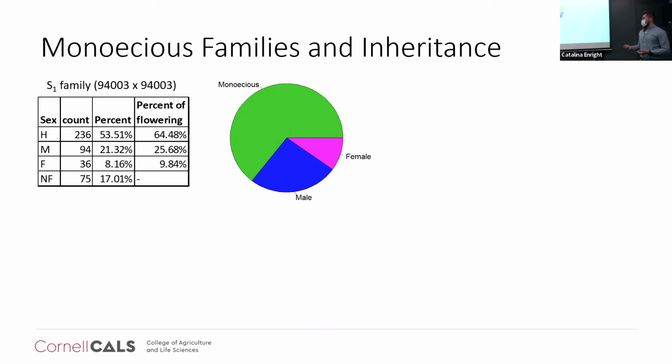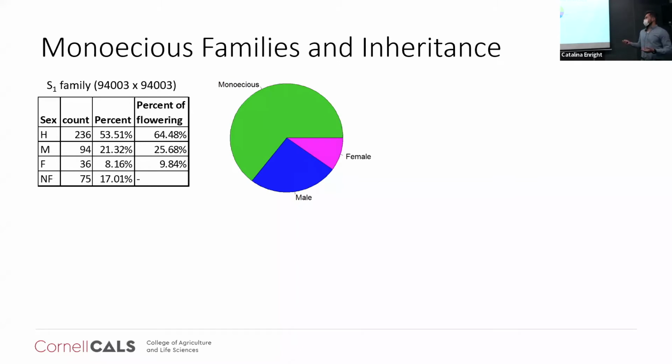So we have 4 years now of flowering data from this family, indicated here. And from that, we found that initially it looked like the family was segregated for monoecious, male, and female. But the ratio was kind of confusing. We weren't really sure how to model this for any genetic mechanism. But when we look more closely at the data, we realize that,